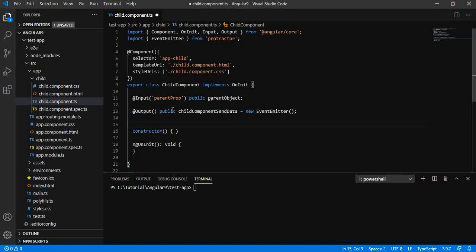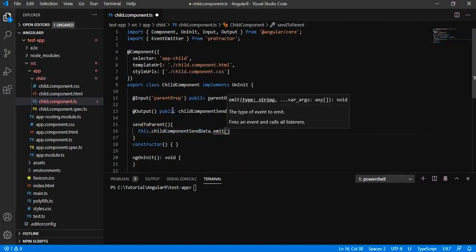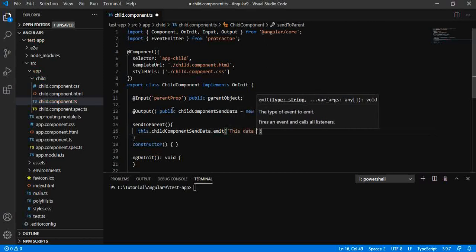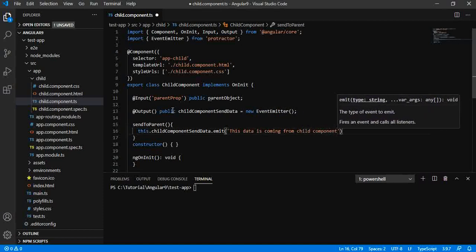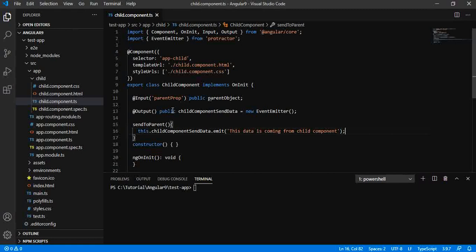Now let us add a method that will emit this particular value from the event emitter. So I will send this particular data, that is coming from the child component.